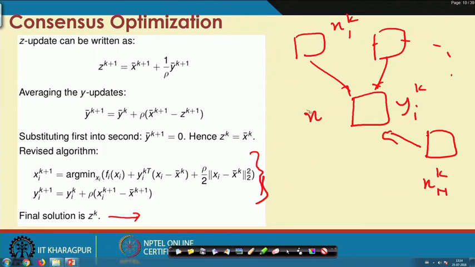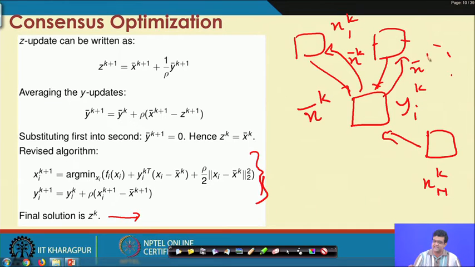In the central machine it can compute x bar k, and then x bar k can be sent back to the individual machines. So from the central machine the individual machine gets x bar k.